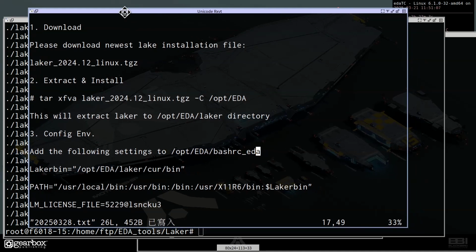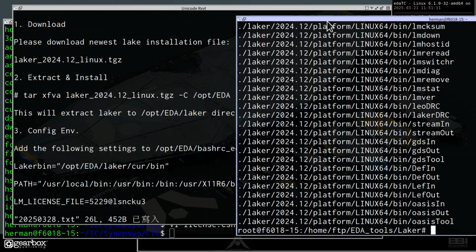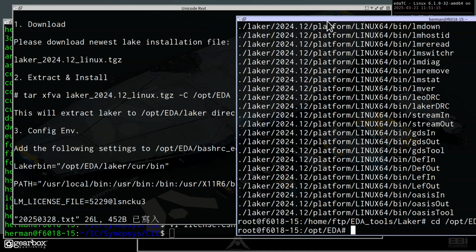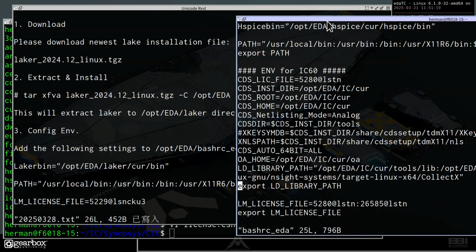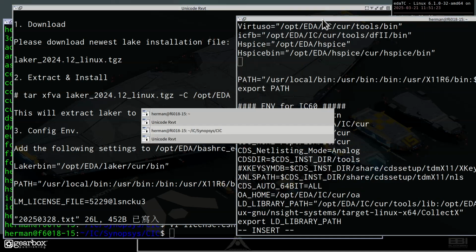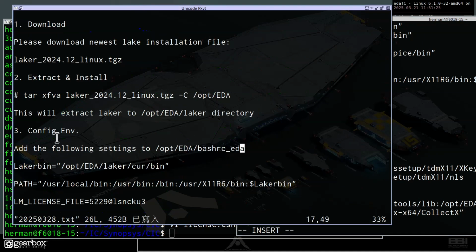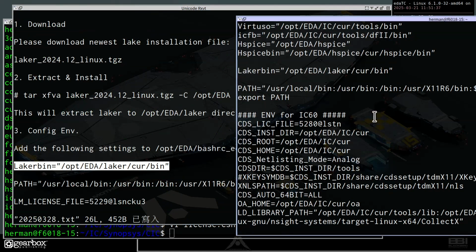Let me show you how to modify it. So you can go here, OPT, EDA, and we add one more line, which is Laker path. This is path setting. Here, Laker bin, and